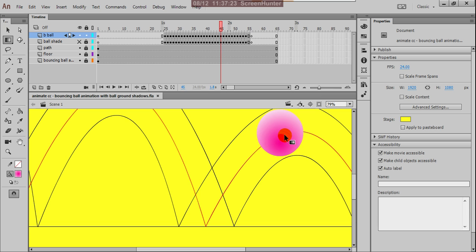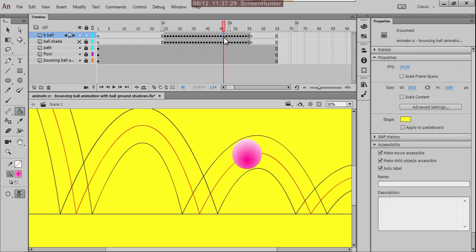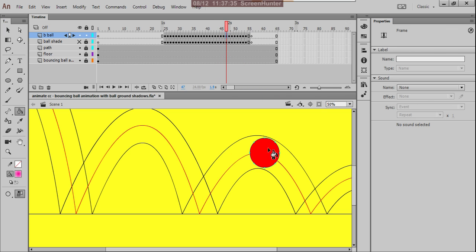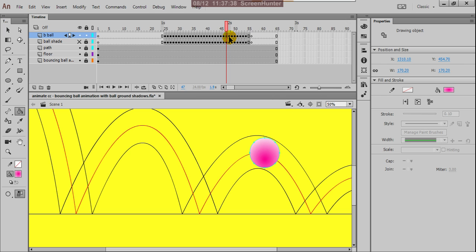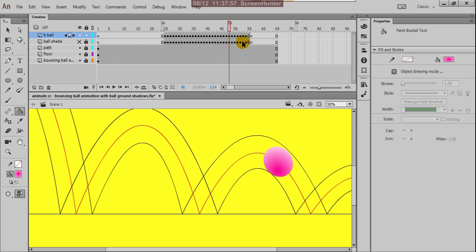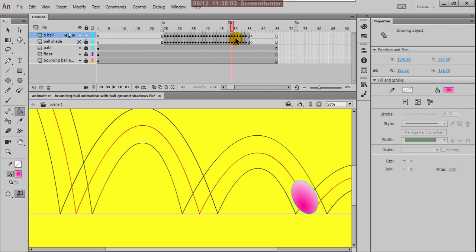So press Control S and do the same for the remaining balls. Sometimes accordingly we have to change the direction of the light.